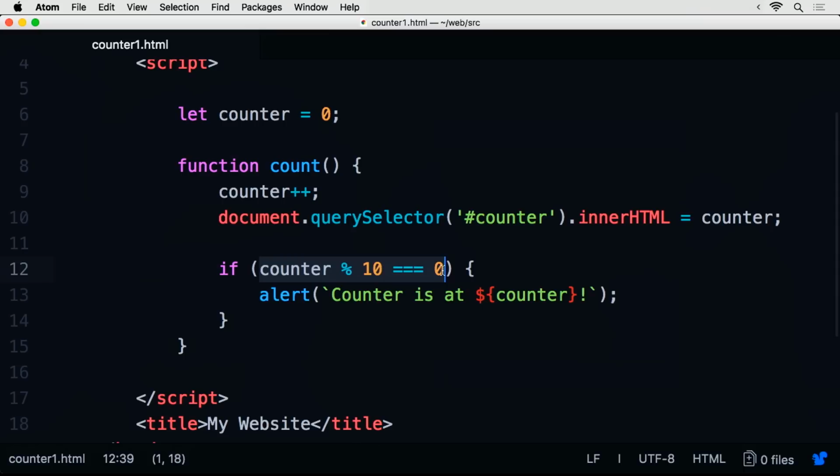%10 equals 0, which you should read as if counter mod 10, where mod is the operator where you take the remainder of one thing divided by the other. In other words, if you take one number and divide it by 10, whatever the remainder is, that will be what counter mod 10 is equal to. And the triple equal sign is JavaScript's way of comparing things for exact equality. In other words, they have to be identical to each other in order for this to hold true. So if counter mod 10 is equal to 0, then we alert and say the counter is at, and here